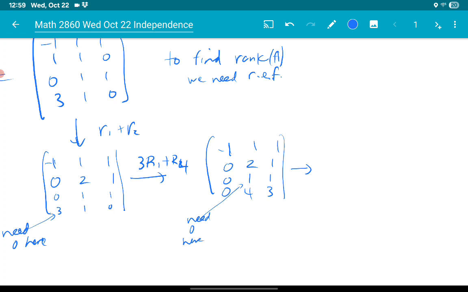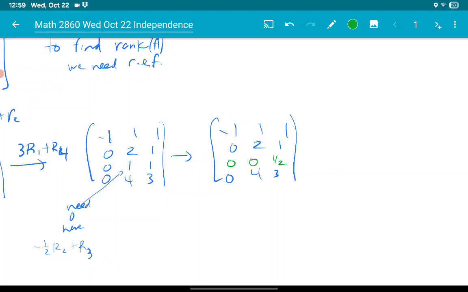Alright, so let's do it. What would that be? I guess we'll do negative 1/2 row 2 plus row 3. That'll do it. Our first row doesn't change. Our second row doesn't change. Our fourth row doesn't change. I'll put that in. A new third row will be, let's see, 0 plus 0 is 0. Negative 1/2 times 2 is negative 1 plus 1 is 0. Negative 1/2 times 1 is negative 1/2 plus 1. That's 1/2, right? There's a 1 minus 1/2.